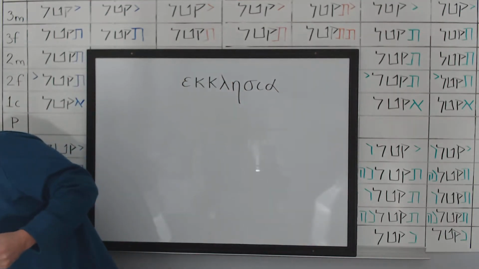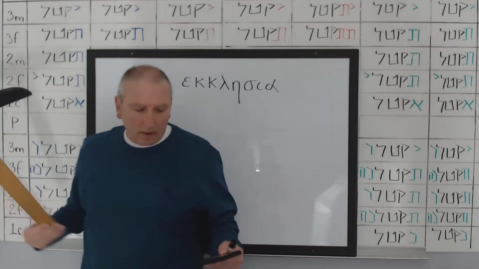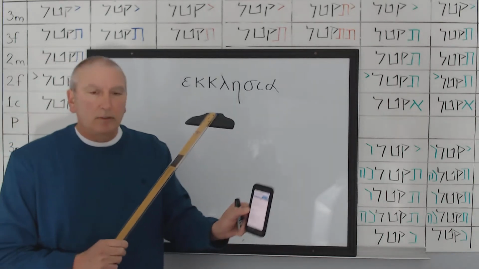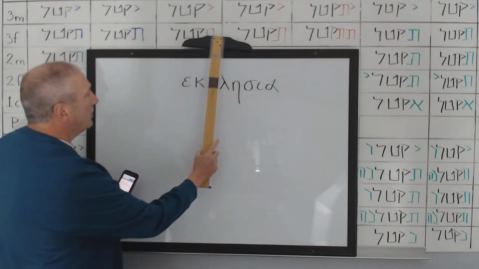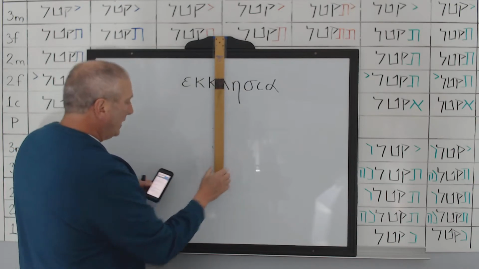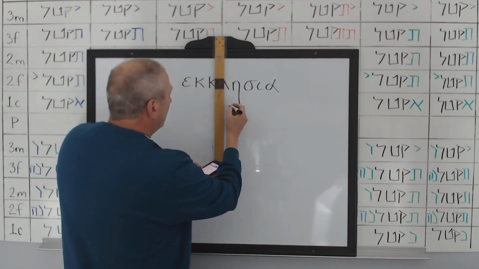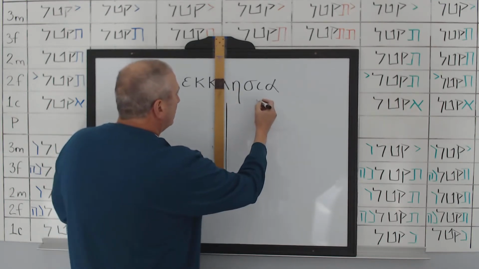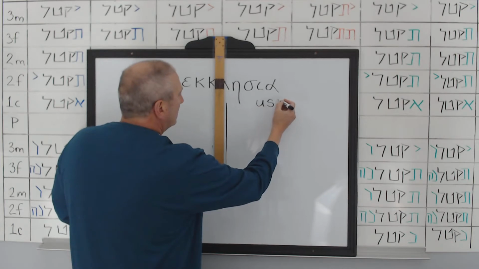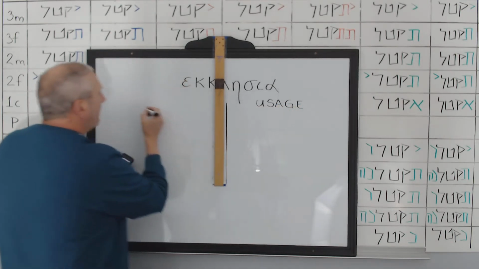So I'll just go ahead and use my tools and do my work. You can just go to Blue Letter Bible, for example. Now, there's another board up there. I was working on a lesson for the Hebrew class, so they'll be working on it, but I just don't have the time to deal with that. So we'll talk about usage, and then over here we'll talk about meaning.